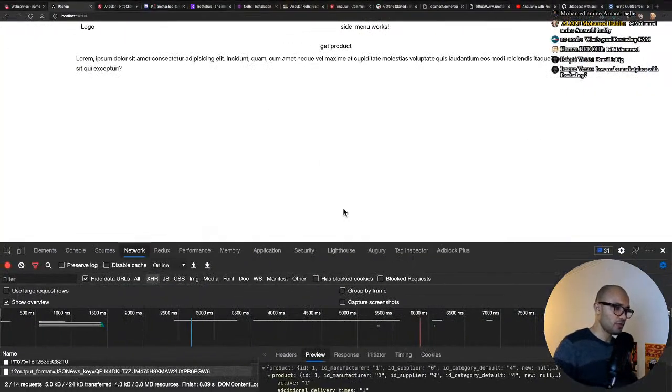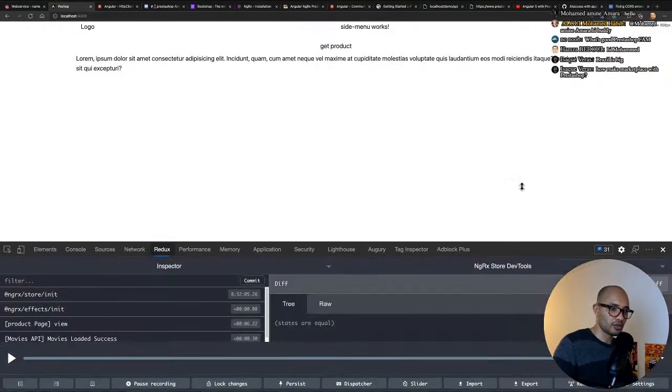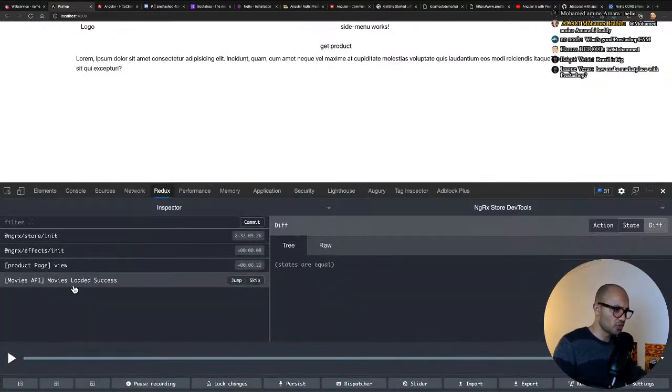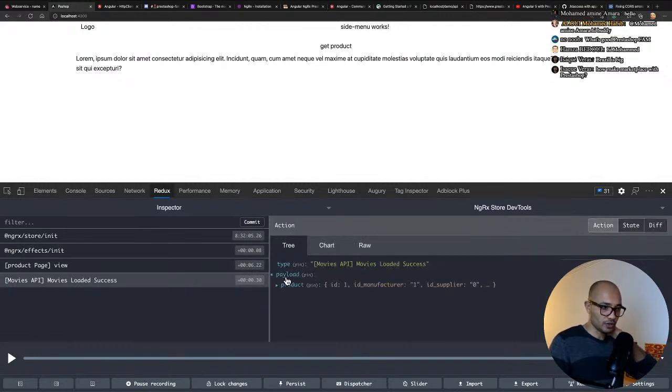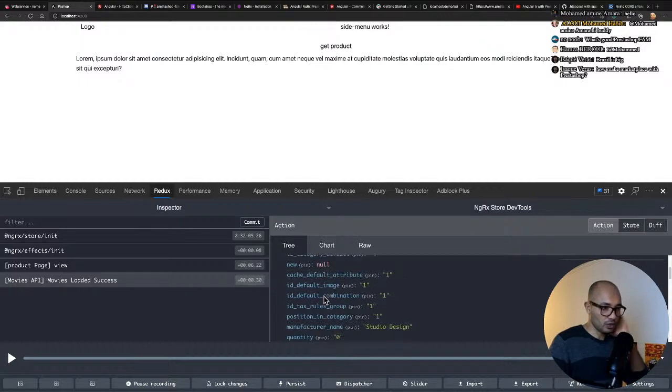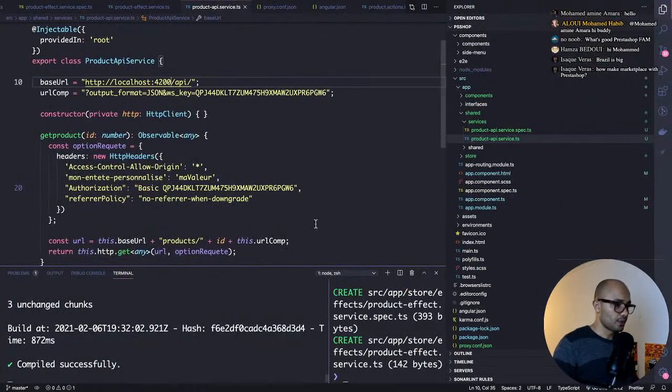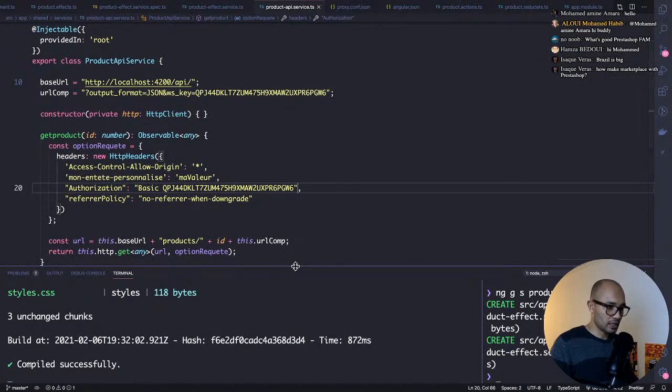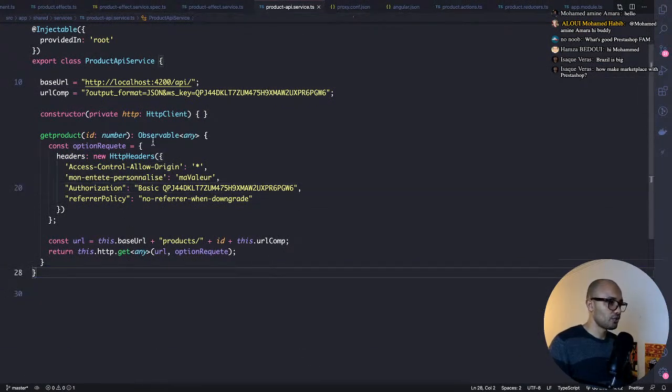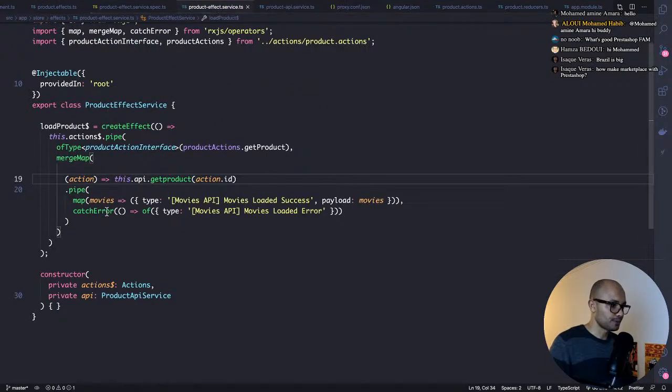Now, if I move back to this Redux here, we do see that we have another action dispatcher. It's movie kind of things. We'll be updating that. And we need to update the payload. So if I look to this action, we have the payload that is basically product with all these things, right? So let me close this, hide this, and moving back to my effects, which is this one. Okay, so here instead of movies, we need to create a new action or use the already created here. So let me do this. Let me rename this to,